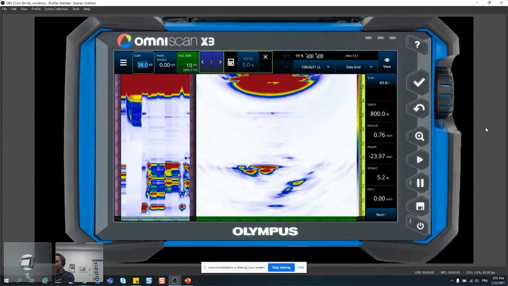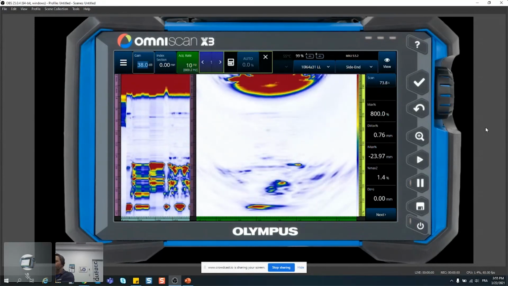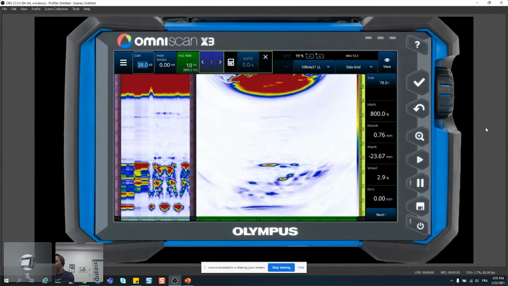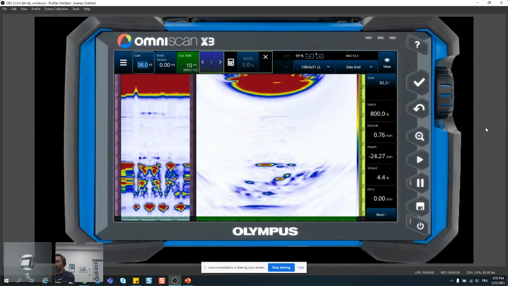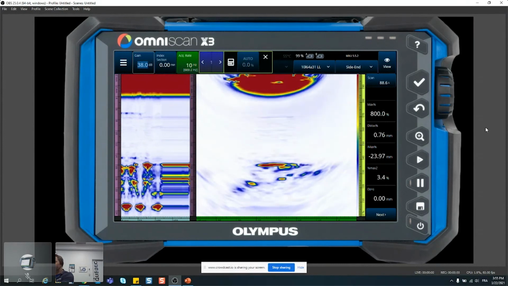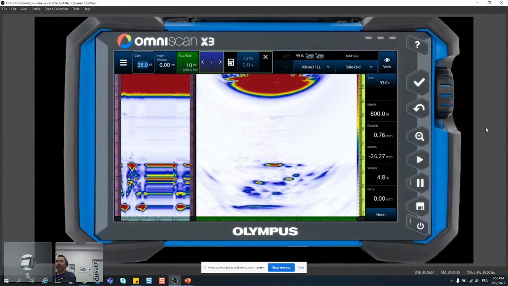Same effect as before when comparing phased array pulse echo between the 10 megahertz and the 5 megahertz. Now with TFM, the main advantage of this probe over the other probe: smaller elements, higher frequency, and also now we have a 64 element probe compared to a 32 with the other model.